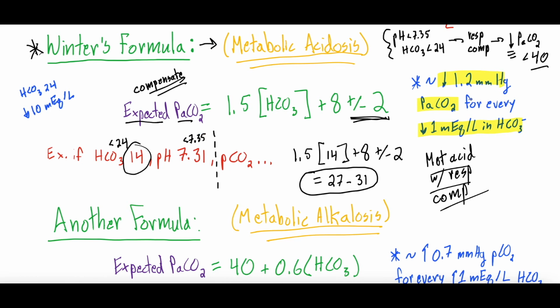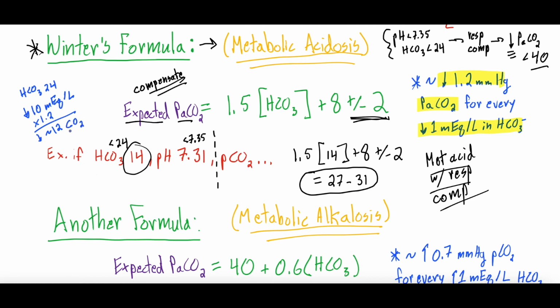And what this cheat is saying is that the CO2 should decrease by 1.2 for every 1. So if we multiply this by 1.2, let's see if I can do math here quick. That's going to be about 12. So there should be a decrease of about 12 millimeters of mercury of CO2 if the lungs were